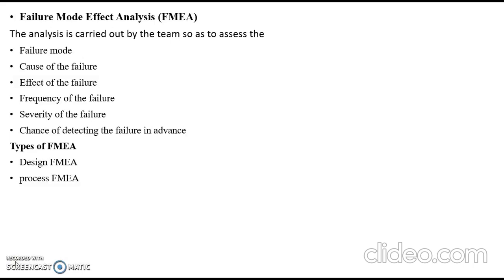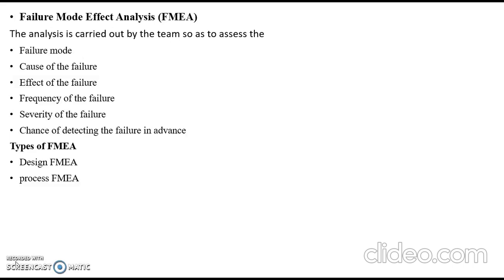Next, the causes of failure. A source of variation that results in a failure mode. The causes of failure indicate design weakness or correctable or controllable process issues that cause a potential failure mode. Each description is of the root cause for failure, not a description of symptoms of failure. That is a cause of failure. For example, lack of training may cause failure, poor maintenance, non-availability of material. These are some examples of causes of failure.